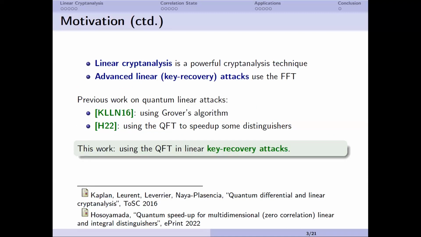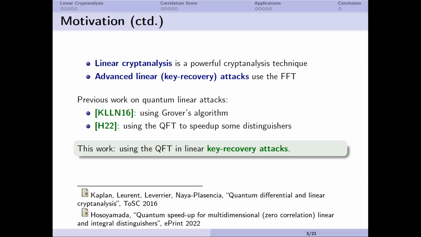In this talk, we're interested in linear cryptanalysis. The motivation is the following. First of all, linear cryptanalysis is a very powerful technique for key recovery. Second, advanced linear key recovery attacks use the fast Fourier transform, more specifically the fast Walsh-Hadamard transform, a special case of that. And when you put together in a sentence Fourier transform and quantum algorithms, the thing that comes to mind is the quantum Fourier transform, which is known to be very efficient and underlies most of the exponential quantum speedups we have,